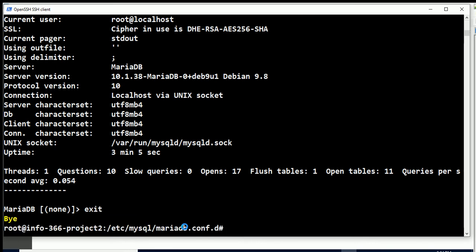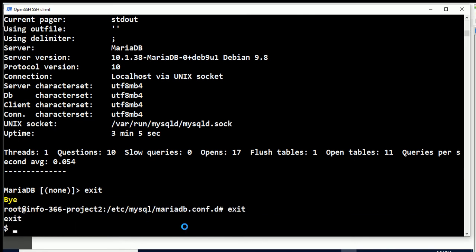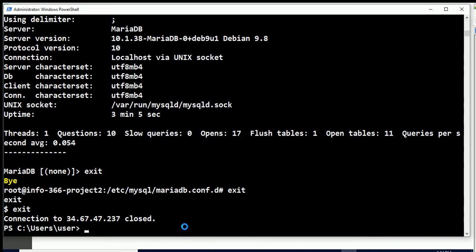So the next step is, I'm going to exit all the way out of this. I want to download those files. We're going to use the scp command to download those files that we created. And I happen to have mine written down here. I think, so on my server, it's,